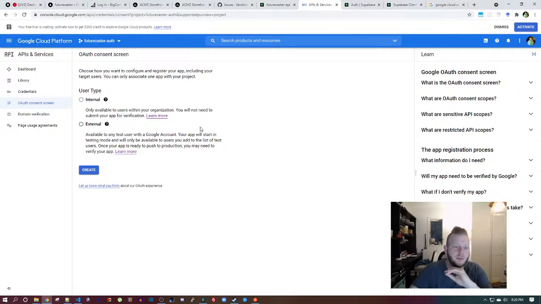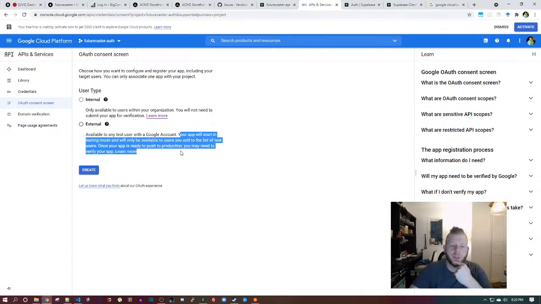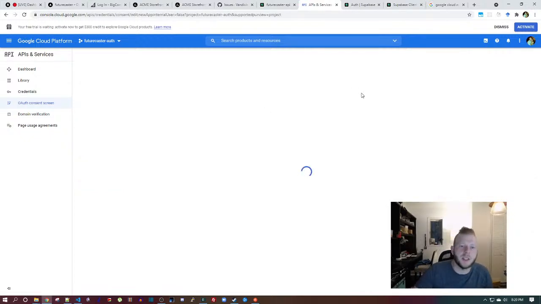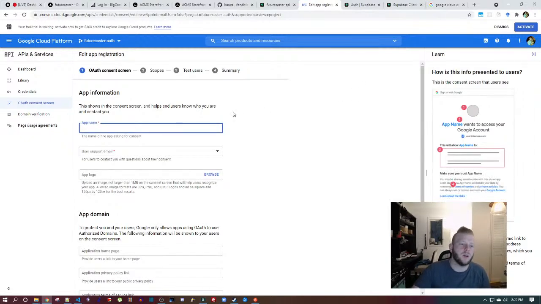You will not need to submit for verification. Start in testing mode, only be available to users you add. Once your app is ready to push to production, you may need to verify your app. Yes, that sounds right to me. I think my app needs to be verified in production. It's just,